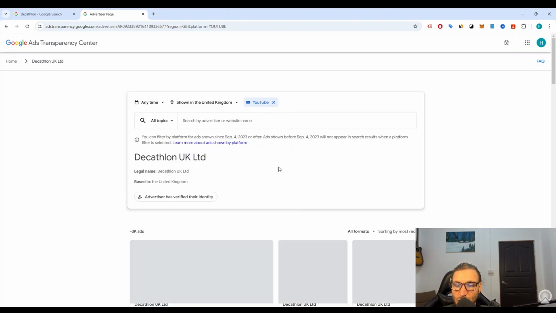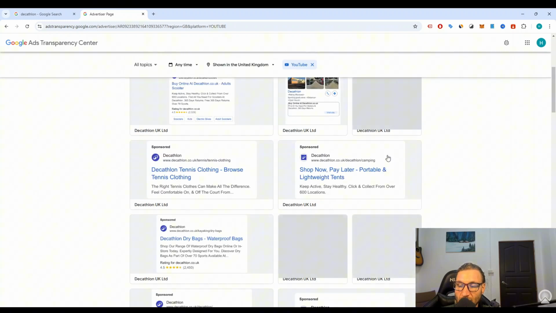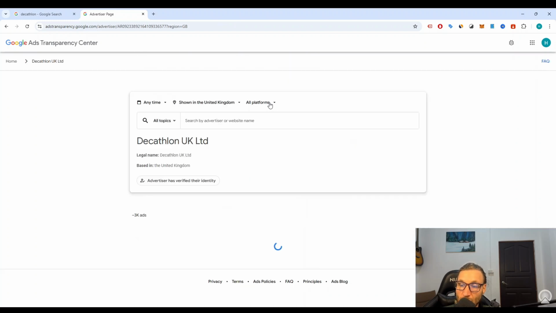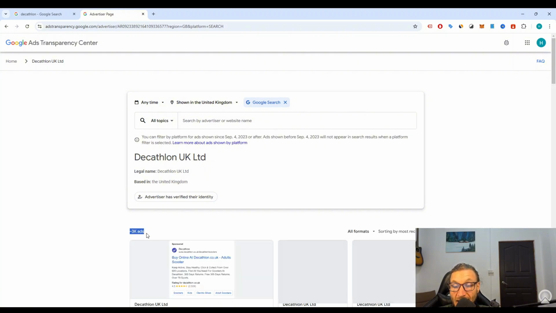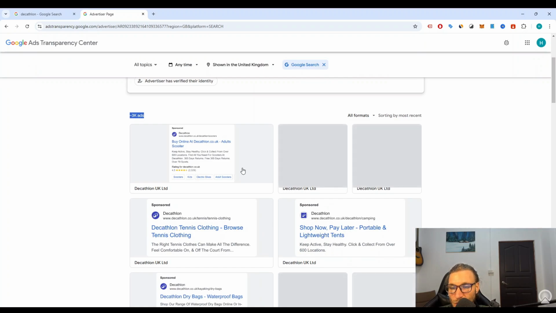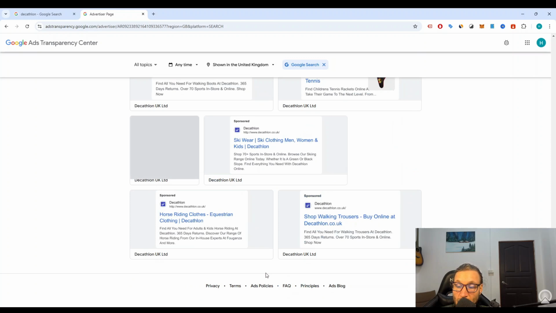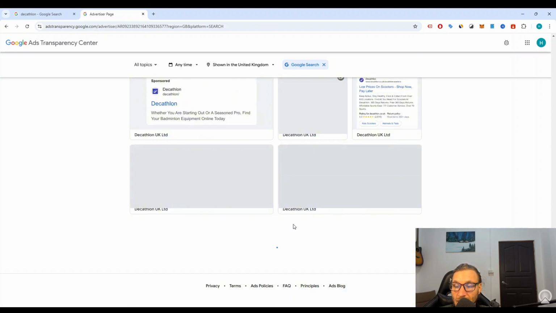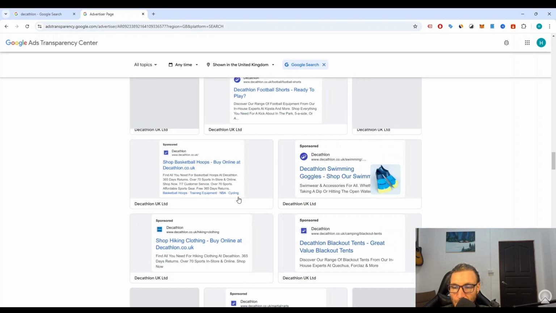So for example, if you click on YouTube, you can see, are these people running any YouTube ads? Are they maybe running video ads? You can also select shopping or Google search. You can see here the amount of ads they're running, around 3,000 different ads. And when you scroll down here, you get all these ads. And when you keep on scrolling, there will be more ads that will load up and more and more and more. Obviously, until all of them have loaded up.